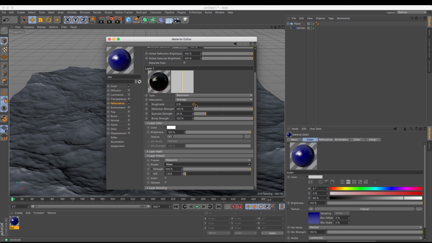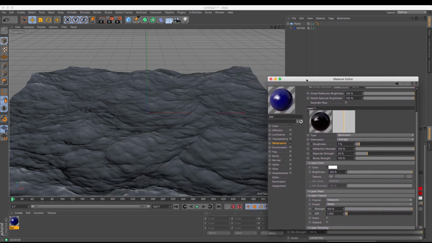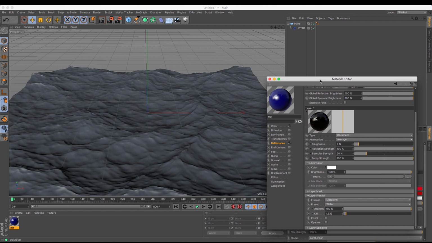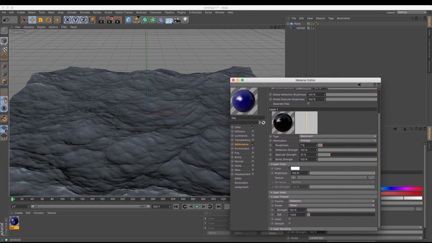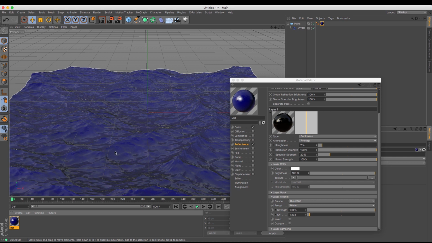Under the roughness here you can increase that a little bit. I mean, you can increase it a lot and you can see that it really goes a little bit crazy. But just a little bit of roughness will give us that little bit more texture to the water without having to use a bump map or extra things. Okay, so now if I just apply that,